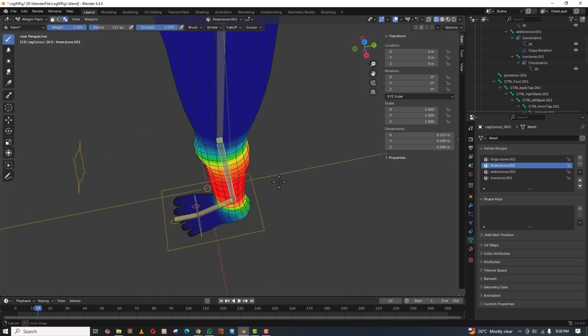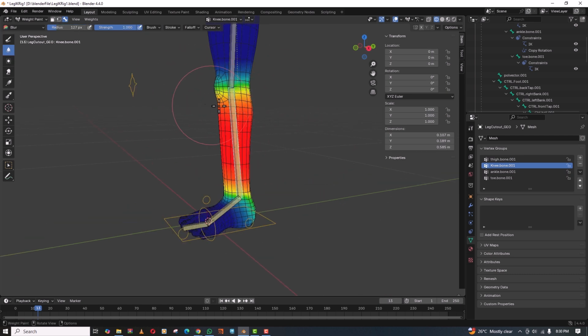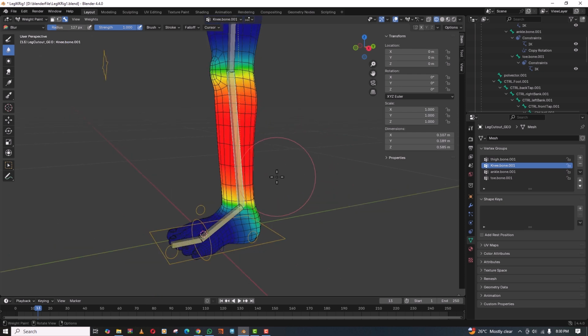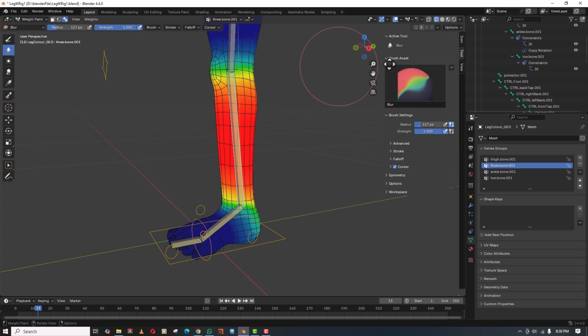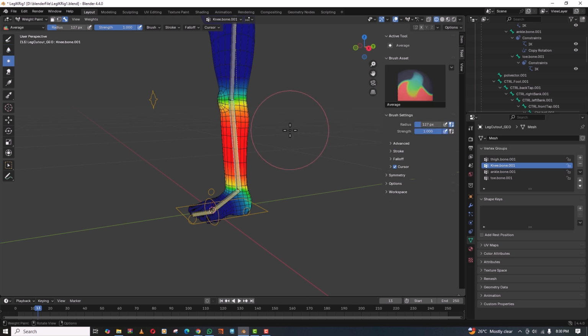Now this is blur. Blur means we can smooth it. In Maya there is a smooth tool, but in Blender we have the blur tool. Okay, blur brush. Before starting skinning, click on that tool. See, there are many types of tools, so click on that, average, and